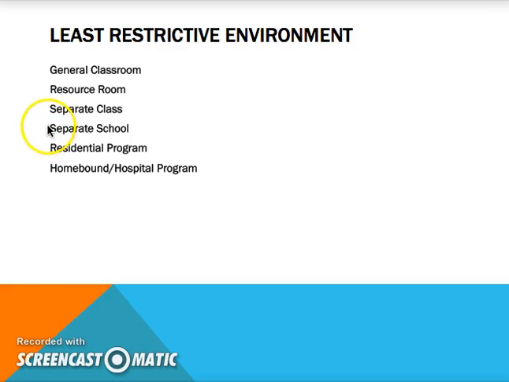Then we moved down to a separate school. I don't know if you follow some educational news, but currently there is a big news article, kind of a stink within Georgia regarding our GNETS program. And GNETS are separate schools all throughout the state that serve students with significant behavioral disorders. So these students are not within their home school. So let's say you're zoned for Tucker Middle School, okay? Well, if you have a separate school as your educational environment, you're not going to go to Tucker Middle School. You're going to be sent to another school that is further away from your home with other students who have